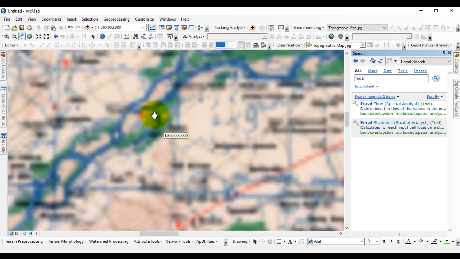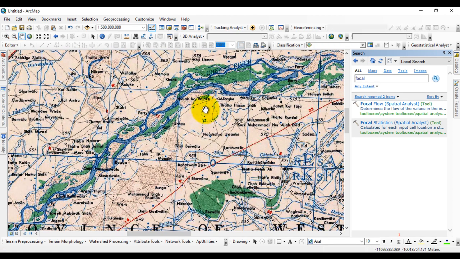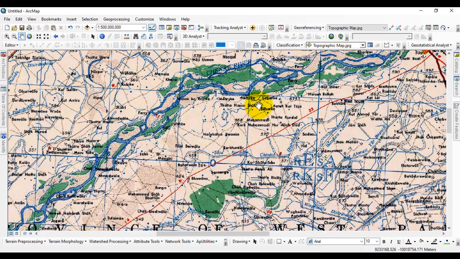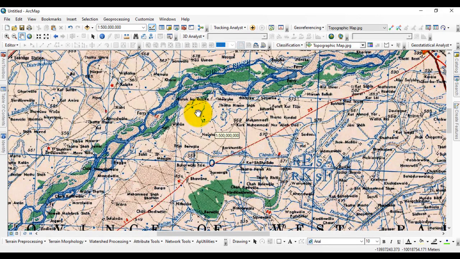Here you can see that we download this topographic map from US Army Topography. By this way you can download a topographic map for any area.